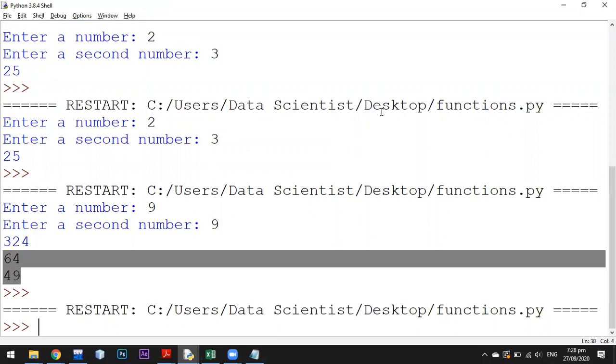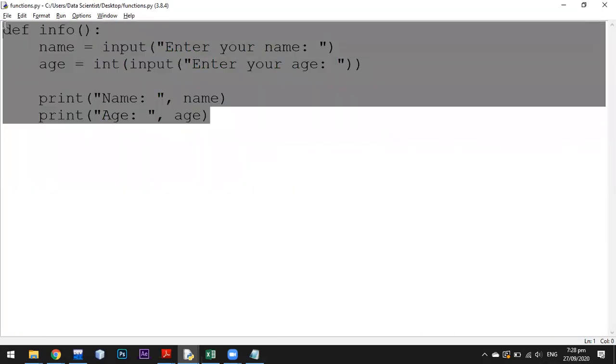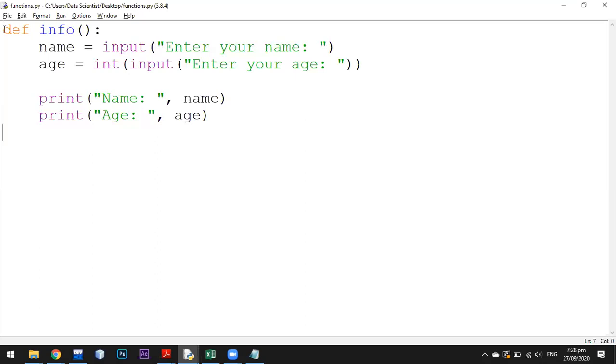Okay, so first you create a function, then you can call it multiple times whenever there is a requirement for a function, and you can again and again call that function. So that's why we create functions. So after defining it, you have to call it. Info is the name, and there was no parameter, so I will just type info and blank parenthesis. Now run that.